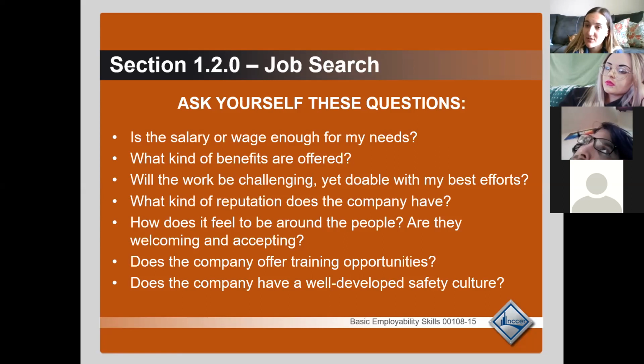If you know you can't live on minimum wage, make sure that the position you're looking for and that you got offered is more than that. And same with benefits. If you really need health insurance, maybe you look for a job that offers certain benefits, and a laborers union, things like that definitely will.